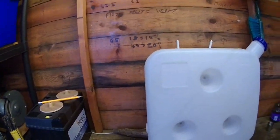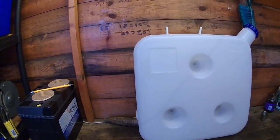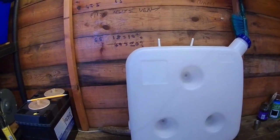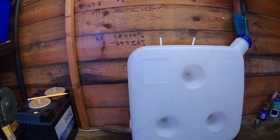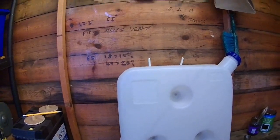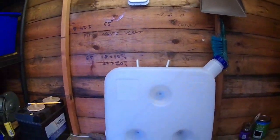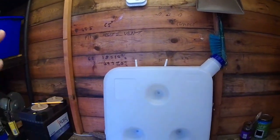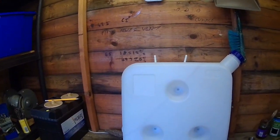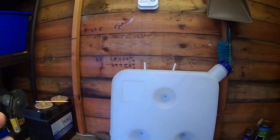Now then, what else can I tell you about the tanks? Be careful with some of the diesels. Some of the more expensive diesels have got a high percentage of, I don't know, green. They call it green diesel. Problem with that is the green, user-friendly diesels,